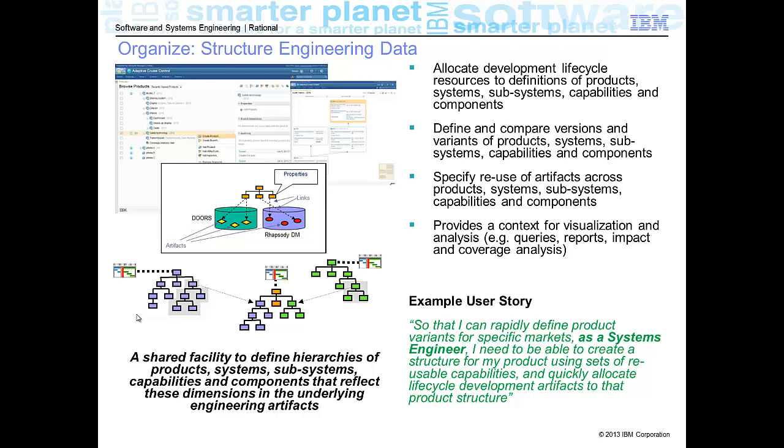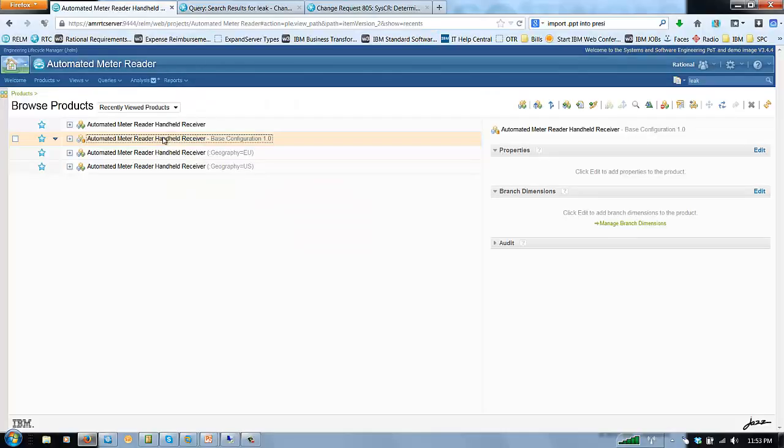This can facilitate capabilities such as enabling traceability from failure in physical product instances to originating engineering artifacts such as requirements and tests. Let's now take a closer look at product definition capabilities to get a glimpse at how a product manager or systems engineer might define the things they are developing and organize and reuse engineering data across those things. All nodes in the tree here are called products within RELM,